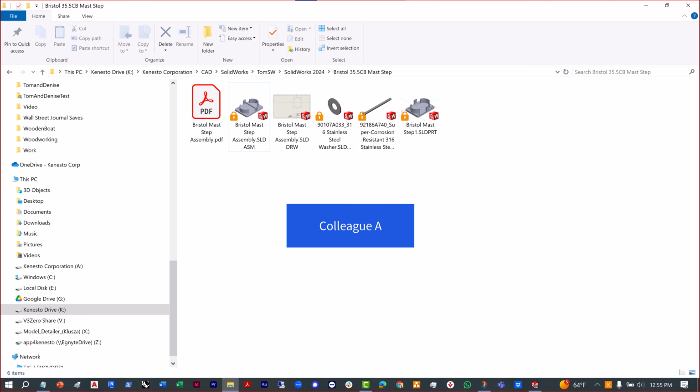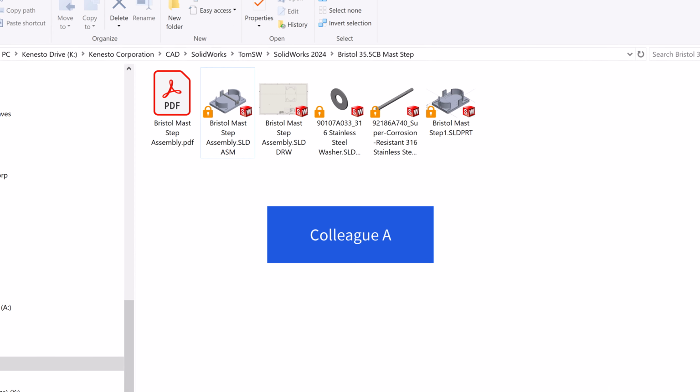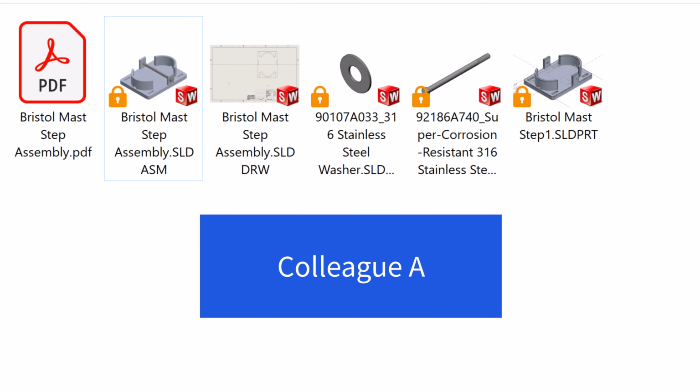So what do my colleagues see when they look at the same file in their Explorer? They see the files with a lock icon, meaning that they can open the file as read-only. It takes about a half a second for the lock to appear anywhere in the world. What this means is that only one person can edit a file at a time, essential when you're editing geometry